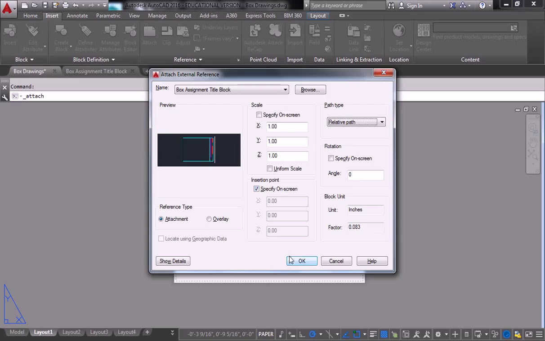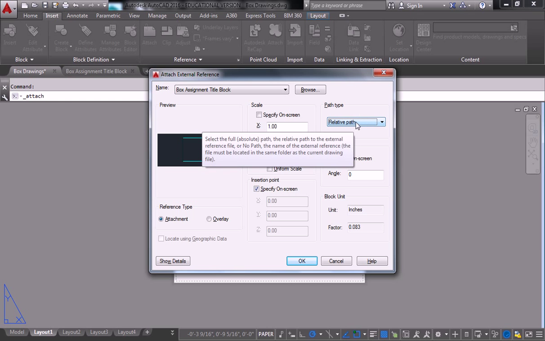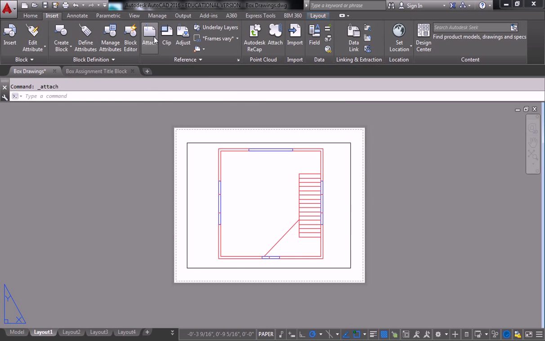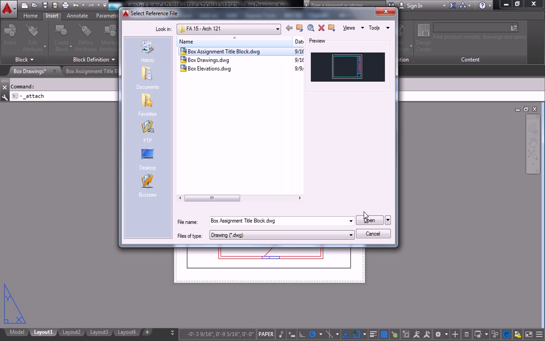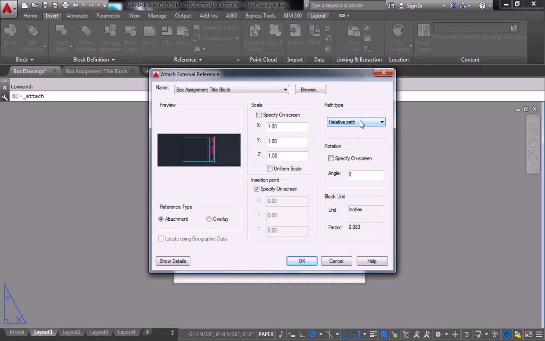So it should be no relative path? Yeah, relative path. I cannot do it, so... You guys can't do relative path? No. Did you guys do insert instead of attach? No, we don't have to. You did attach? You select the file, you hit open, you can't do relative path? Alright, well I'll troubleshoot that in a second, but let me just finish off the point here real fast